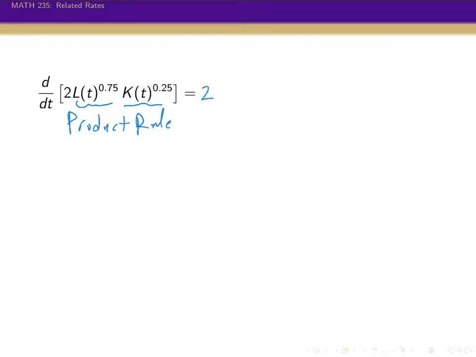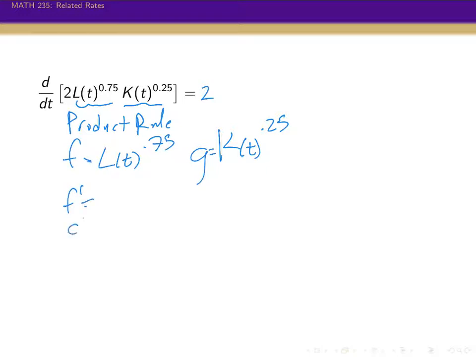And so one function, f, is going to be L of t to the 0.75, and our other function g is going to be k of t to the 0.25. And then when we take the derivatives of both of these, we've got to remember that we really have a chain rule here because L of t is a function itself. And so we're going to use a chain rule